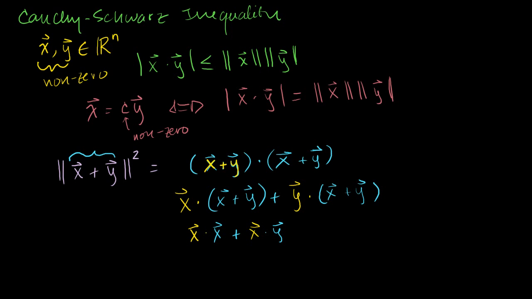And then it's plus y dot x, plus this blue y dot the blue y. So the magnitude or the length of our vector x plus y squared can be rewritten like this. And I'll just switch back to one color. So this equals that. And all of that